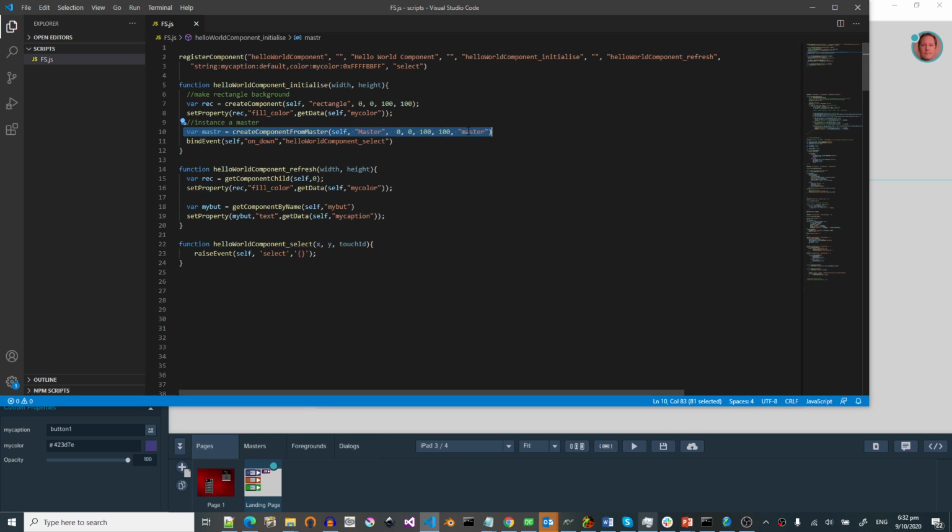And the neat thing is that master, which is labeled master, creates any components it has alongside of it. And then in the refresh function, I'm going to update the fill color of the background, which is this rectangle that we've defined external. And then I'm actually going to get by name out of it the button and update the caption. And then I've got an event when you click on it, a new unique event, which I'm going